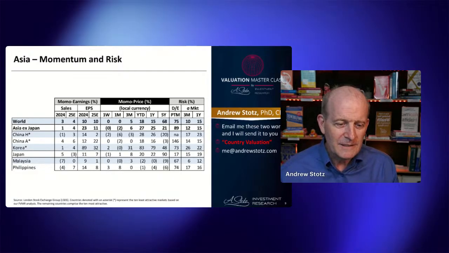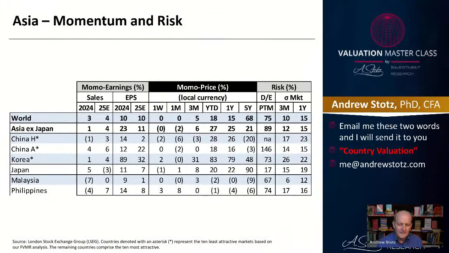So let's continue. I'm going to go back into this. And I would say Malaysia looks interesting here, because although it's slow growth, the share price hasn't really gone very far. If we look at the column under momentum, price, year number 5, we can see that the world was up 68%, but Malaysia was down 9%, and Korea was up 48%. So we can see from this chart where movements in share prices are. I don't have to look at a chart to see that, this is a table.